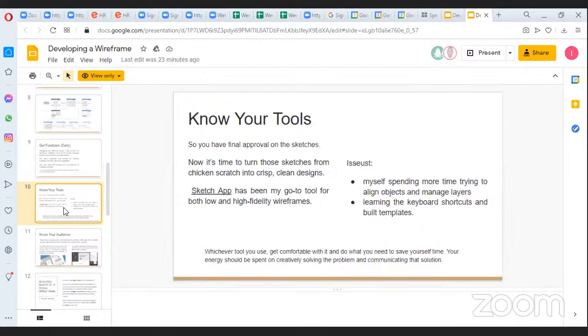Now, know your tools. Please don't forget that what we've been doing is just laying out on a sheet of paper or on the tools, maybe wireframe tools that